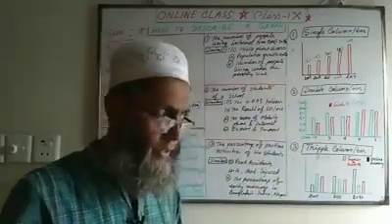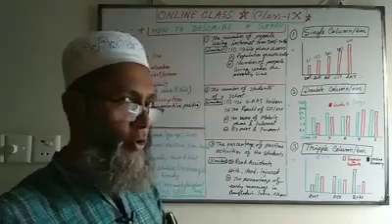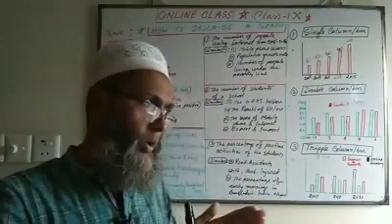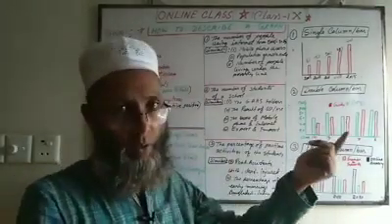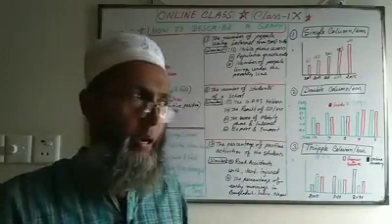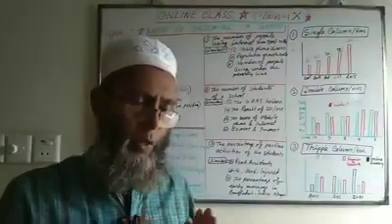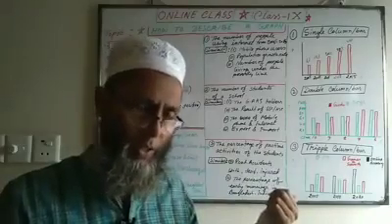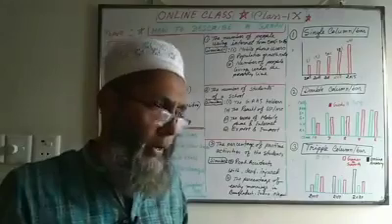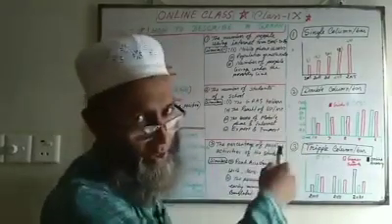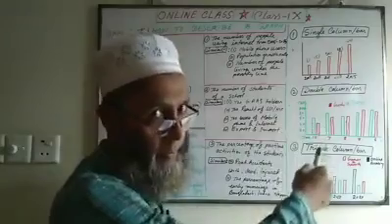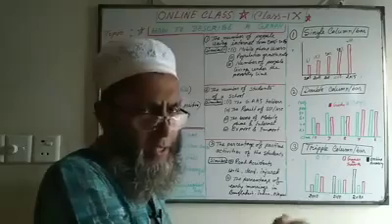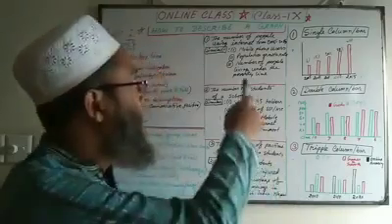That means if you draw the graph in your answer script, then you will write the graph above shows, and if you don't draw the graph in the answer script, then you will write the graph given in the question paper, or the graph given shows, or describes, or illustrates, etc. This type of verb you can use. Okay,